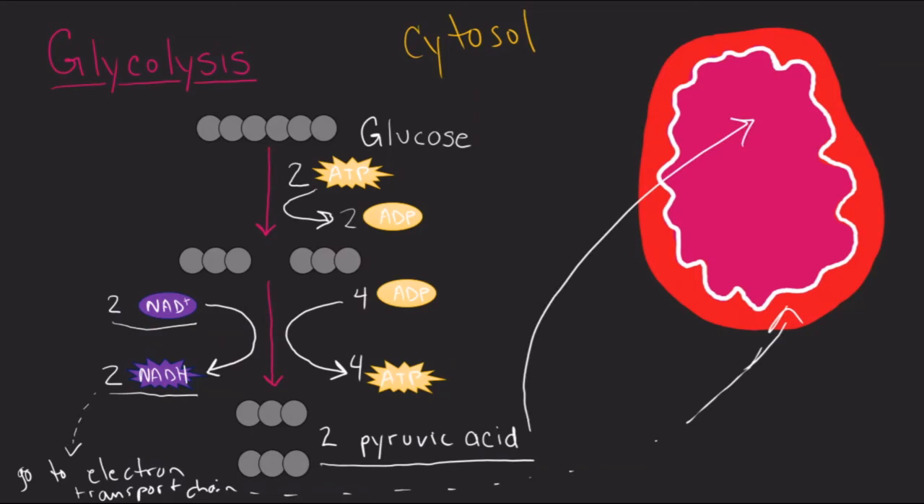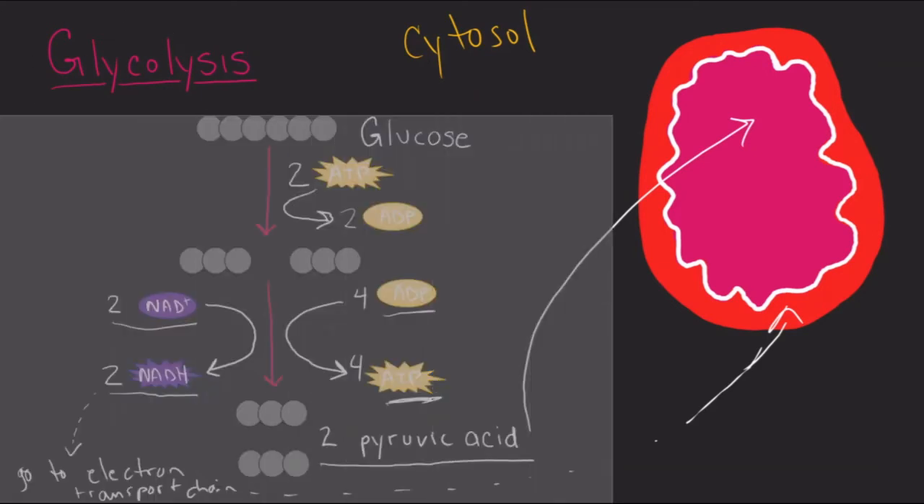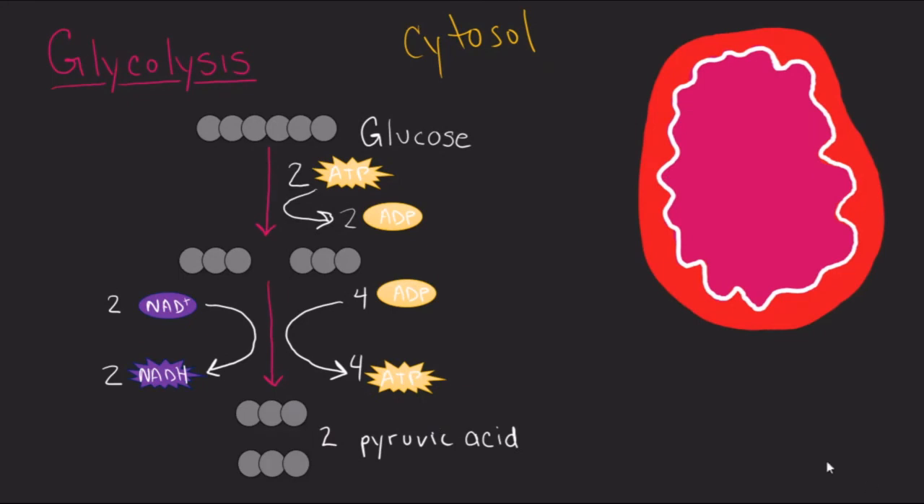Again, I mentioned we're releasing energy, so 4 ADP become 4 ATP. So we spent 2 to get it started, but we gained 4, so we have a net gain of 2 ATP overall. So again, glycolysis occurs in the cytosol, and we gain 2 ATP. So this pyruvic acid is going to go into the inner matrix, and we'll be moving on to the